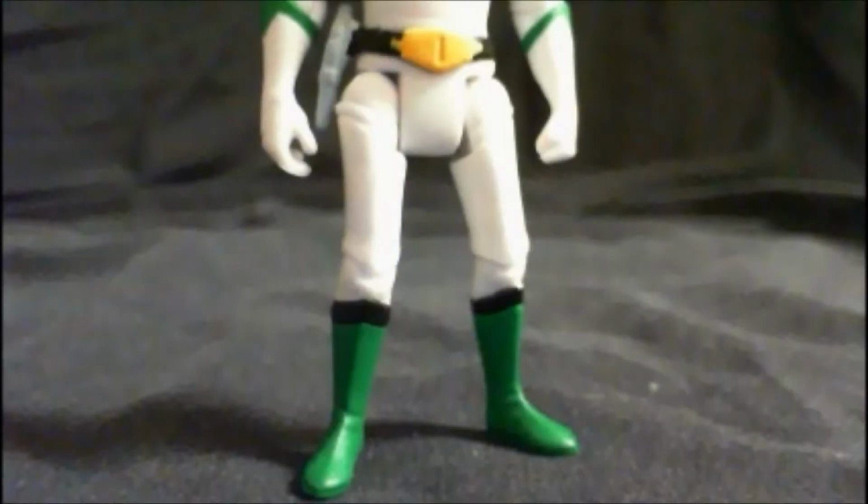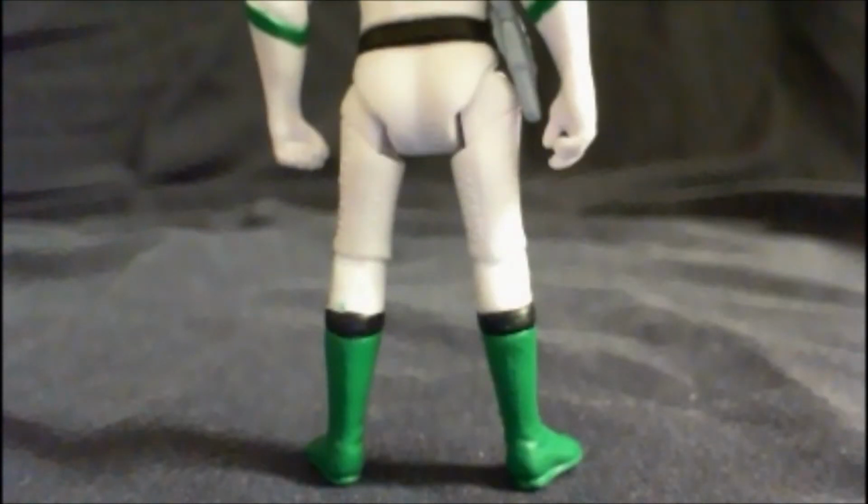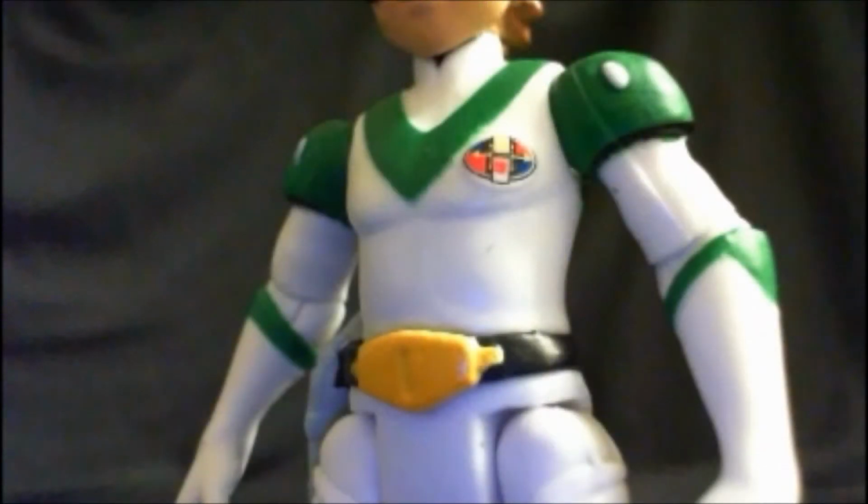Pidge, the green pilot, and pilot of the Green Lion. He's okay. He's very small, so I give a lot of credit there for the detail that is here. For the most part, he's alright. The legs on mine are really bowed. It makes it very difficult for him to stand. Also has a gun molded onto the side of the hip, non-removable, very tiny as well, to match the rest